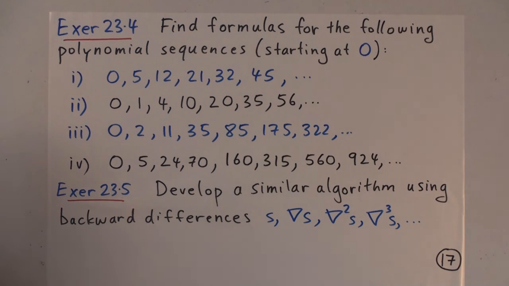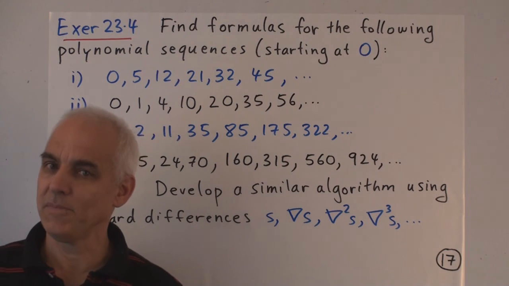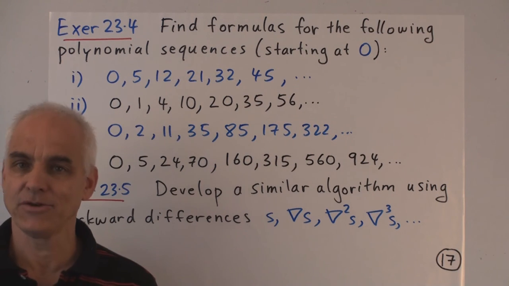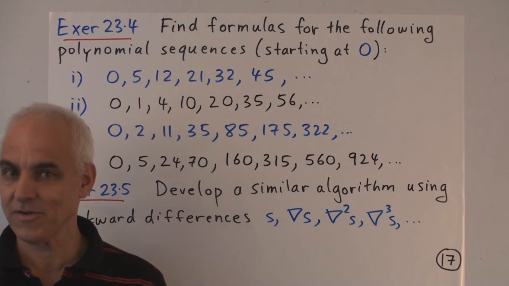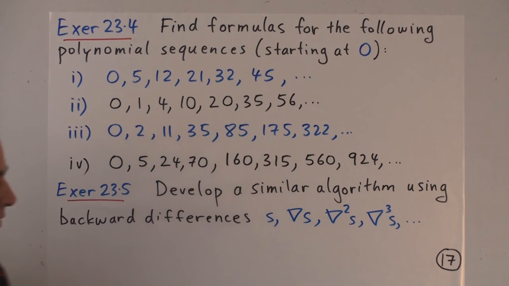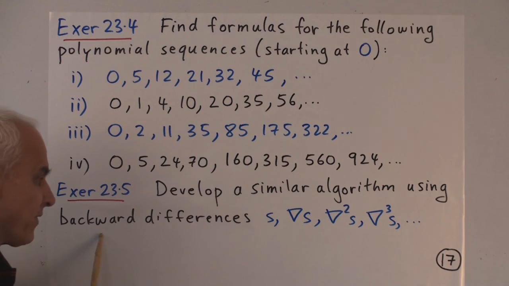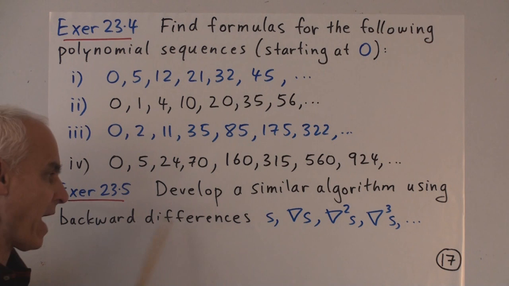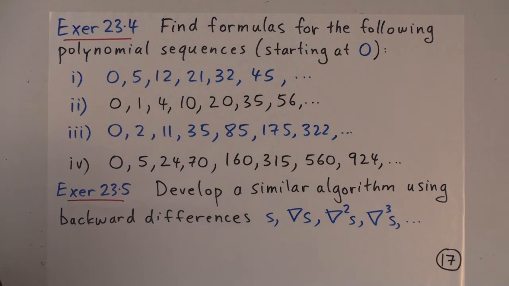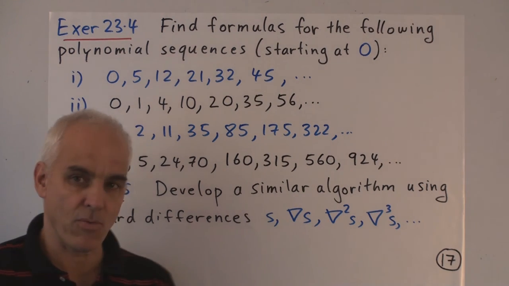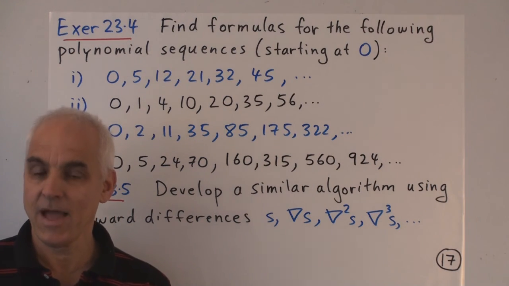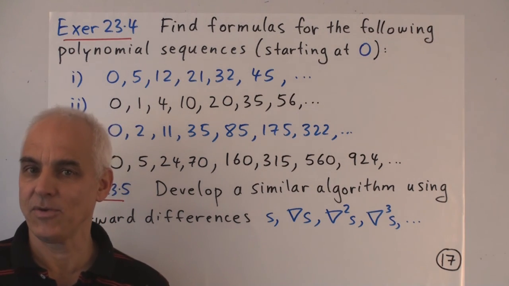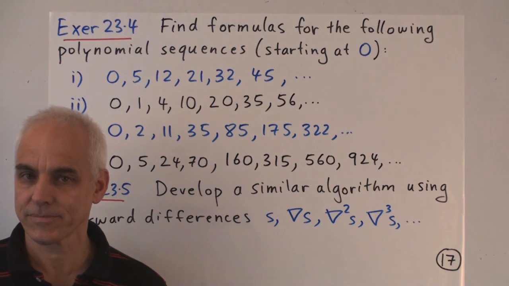And the final exercise, to have a look at what we've been doing today and to try to develop an analogous algorithm where we're looking not at forward differences of a sequence, but at backward differences. All right, so see if you can go through it and figure out how we would analyze a sequence if we could only apply backward differences. How would you recover the sequence from those backward differences?